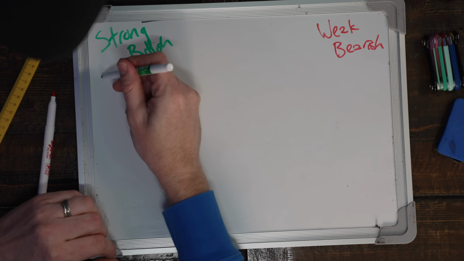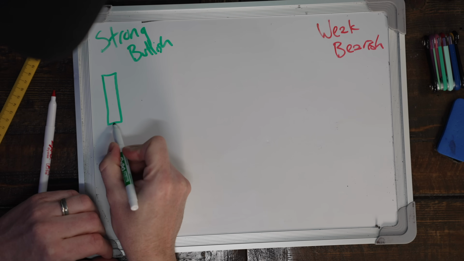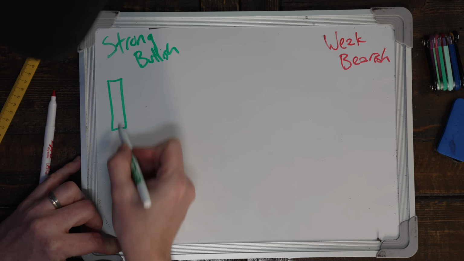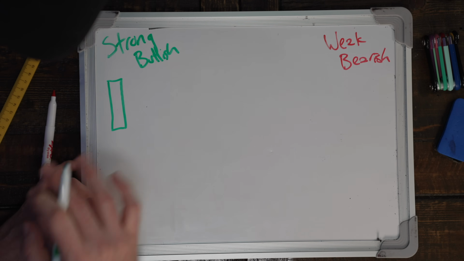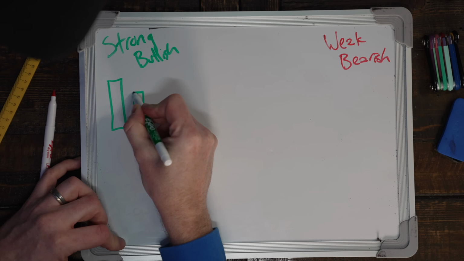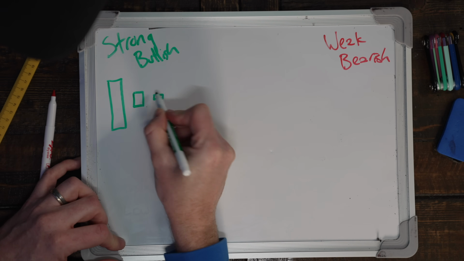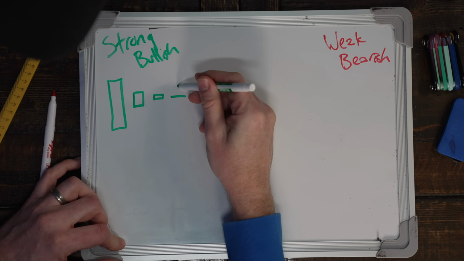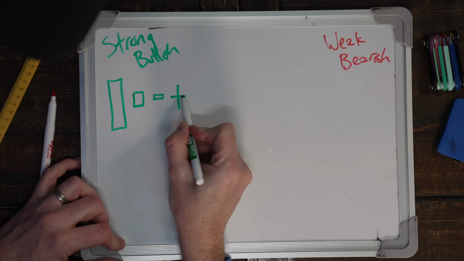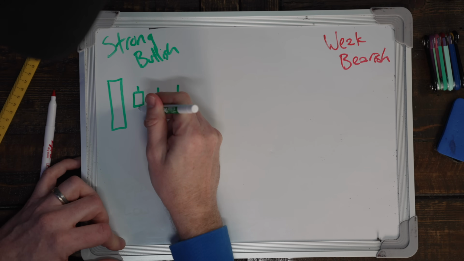So naturally, a bullish candle would be a candle like this, right? This candle has the bottom. It basically opened. It never went down. It went straight up and it closed at the top. That is a very bullish candle. Okay, so what's less bullish? Just basically the same, but slightly smaller. And what's even less bullish? Even smaller? What about something like this? A candle like that, where it opens and closes at the same price, or even a candle like this that has a small body, this starts to show a little bit more